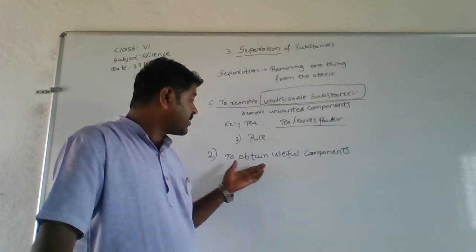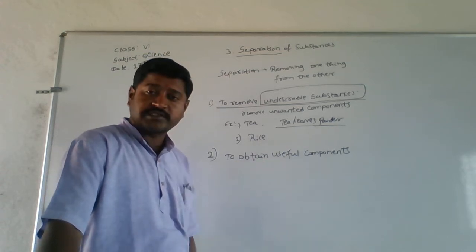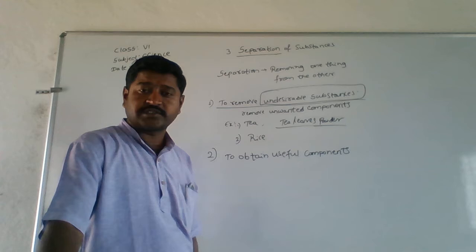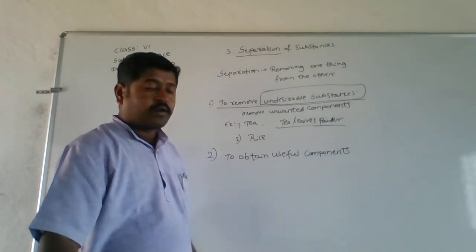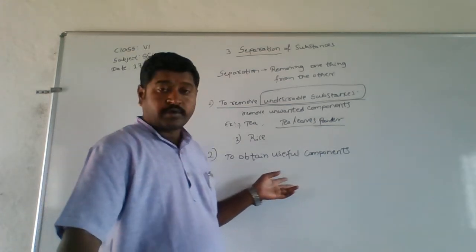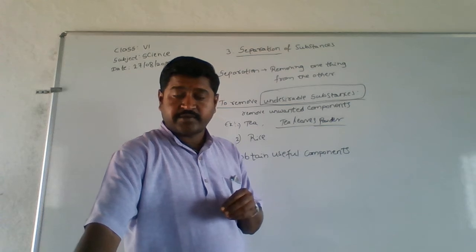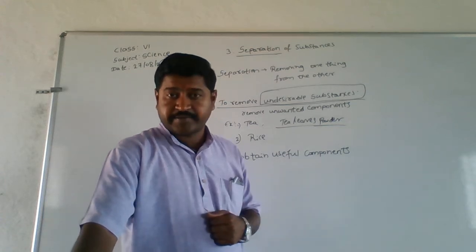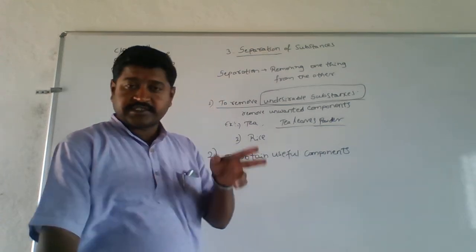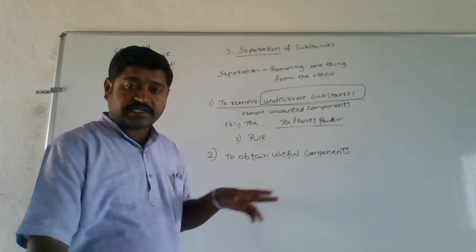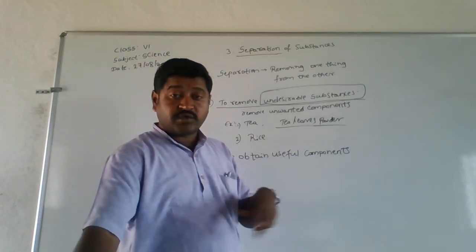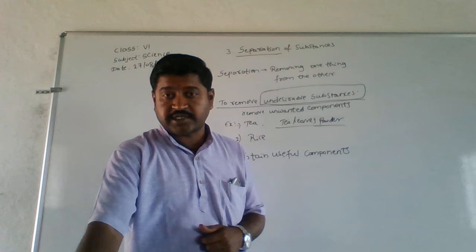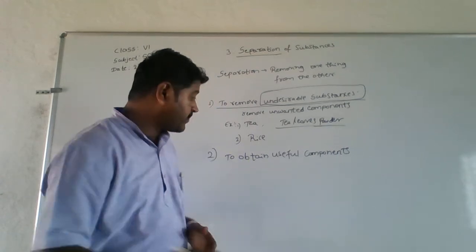How can it be done here? How are we going to obtain useful components using this process? Here, from a mixture we are separating. Separation is done, right? We get useful products once that separation is done. For example,